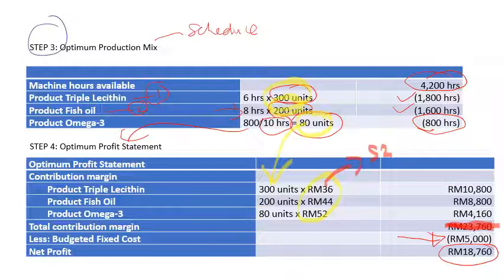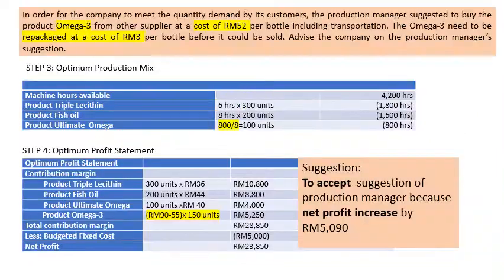Okay, next we proceed with requirement B. Requirement B, if you buy omega-3 from outside supplier, so you will not utilize the 800 hours on the third ranking product, but you can produce your last ranking product, which is ultimate omega. When you produce ultimate omega within 800 hours, remember ultimate omega requires